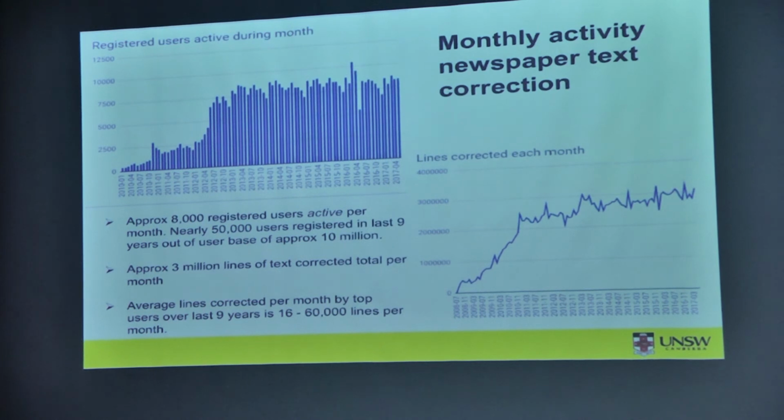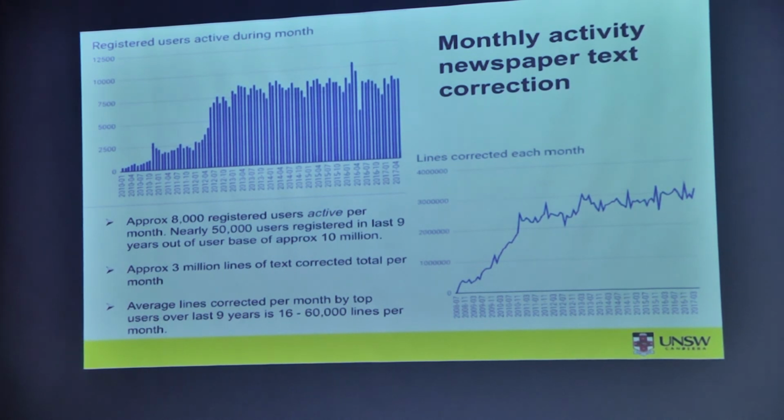Let's examine more closely the activity of our text correctors. We have 2 charts here. The top shows the average numbers of users actively making corrections each month, and the bottom shows the amount of lines corrected per month. You can see that during the first few years of the project, the number of users and corrections was rising exponentially. When I was doing my first research on crowdsourcing in 2009, there was a direct correlation between the amount of new content being added and the increasing activity of all of users.